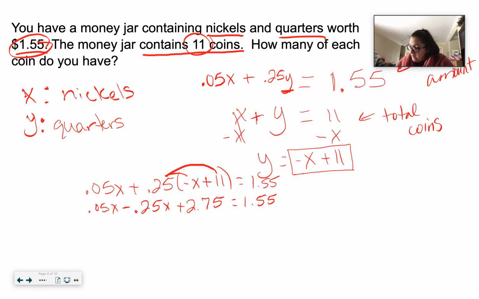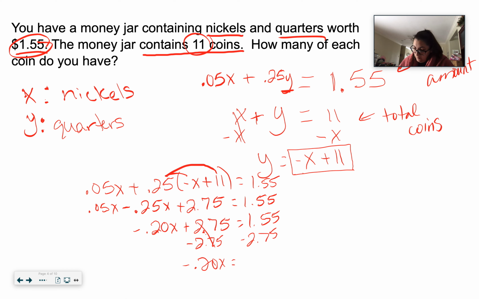All right, so now I'm going to combine like terms. So I have 0.05 minus 0.25, and that is negative 0.20. Oh my gosh, not right. And bring everything else down. Okay, I'm going to subtract 2.75. So I've got negative 0.20x equals 1.55 minus